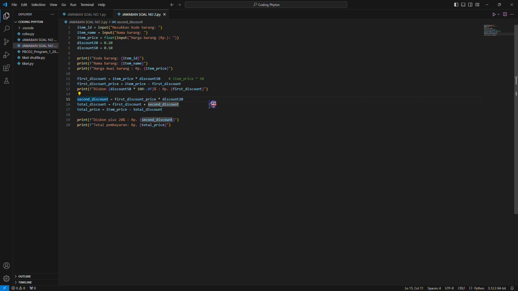The total discount is then calculated by adding the first and second discounts together. Finally, the total price is calculated by subtracting the total discount from the original item price, which is 100,000 in our input, and both the second discount and the final total price are printed.